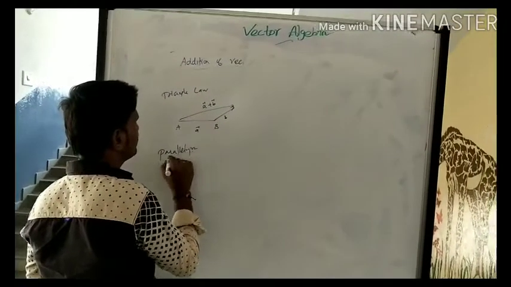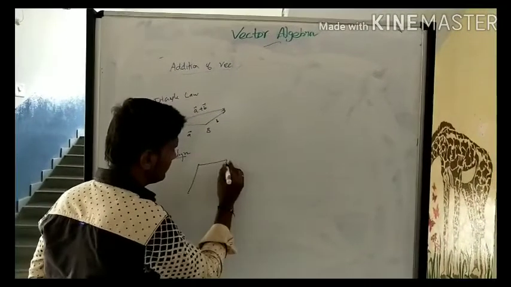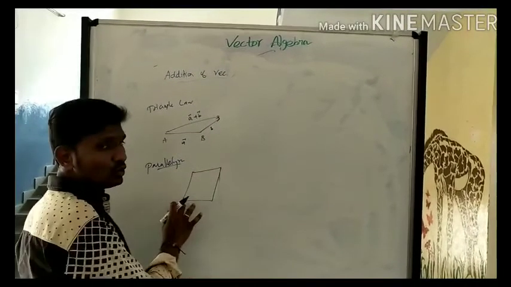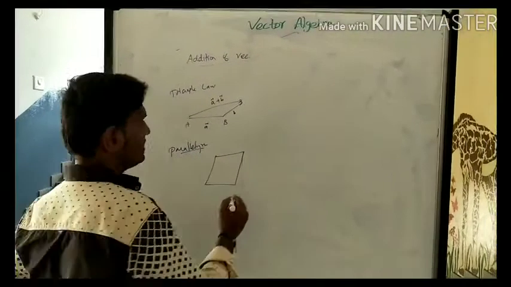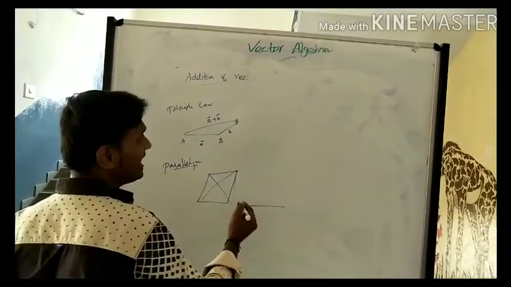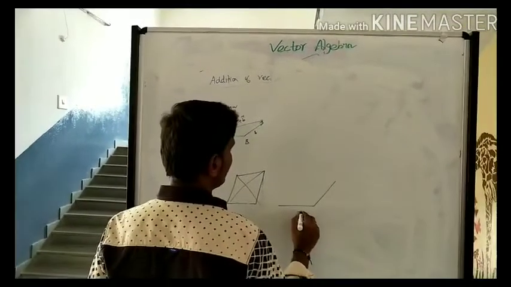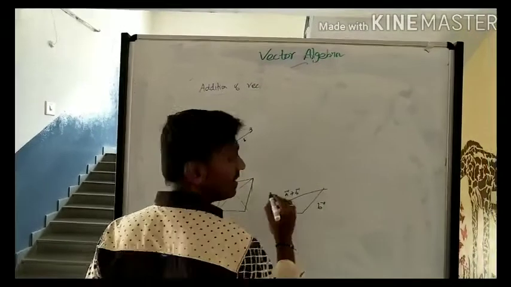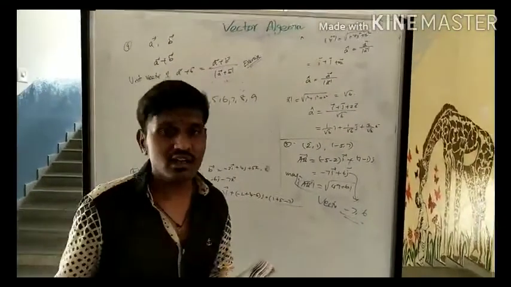Parallelogram law, you already know this. For this type of question, maybe here is how to mention it. See, first I take the parallelogram, whose diagonals bisect each other. You take any one of the diagonals and represent it by the triangle law. This is A vector, this is B vector, and the diagonal is A vector plus B vector. What is important is the same as in your given exercise sum.